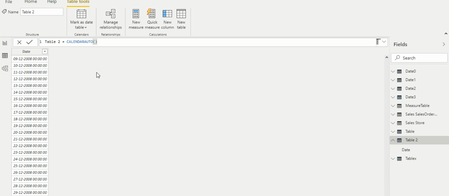So the downfall of using this function is, although it is easy, let's say that your model has some data that pertains to 1960, and it is going to be year-on-year date-wise data from 1960 to 2020, and the actual data of your interest is going to be just the year 2020. In such a case, creating a date table using CALENDARAUTO is going to give you all the dates from 1960 to 2020, which is going to create a huge overhead as far as the processing is concerned. So it's always better to think on our side whether to go with the CALENDARAUTO function or the CALENDAR function. So that's all in this part of understanding Power BI DAX functions session.